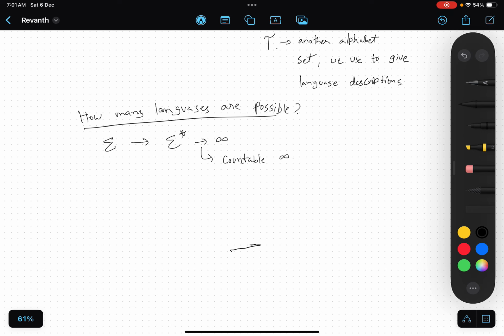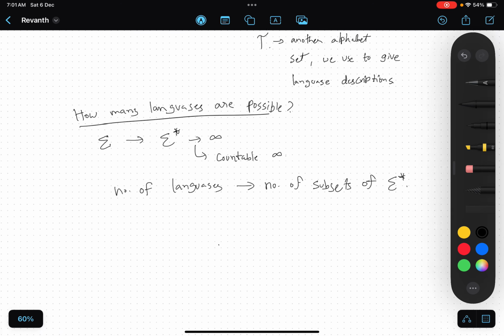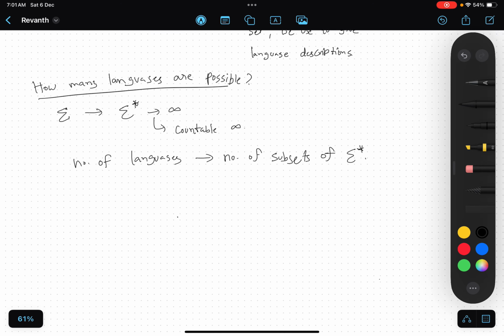Now what is the number of languages, which is basically the number of subsets of sigma star, right? So how many subsets are possible? 2 power size of sigma star.